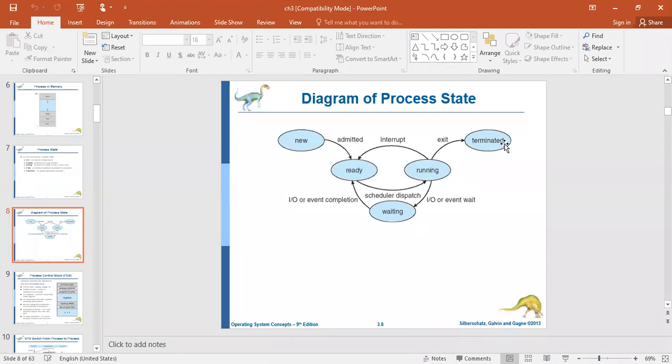that you have two instructions in a program, like printf enter AB values, right? After that, you wrote a statement like scanf percentage d ampersand a ampersand b. What is the meaning of this? The user has to enter two different values so that they can be read, and then it will process further. In that case, what happens? In order to display the contents on the screen, it needs the IO device. So that is the reason it goes from the running state into the waiting state to get the IO devices.